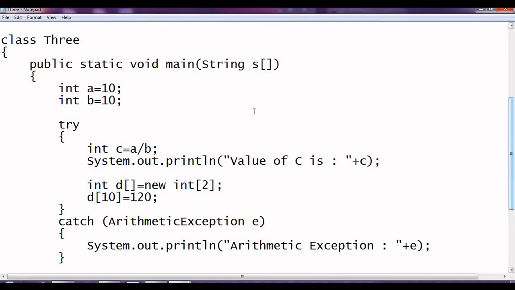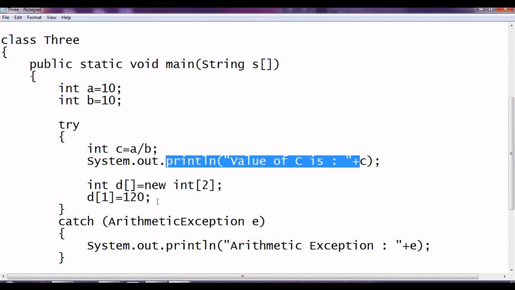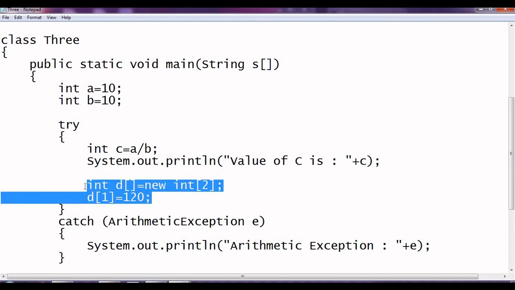Now let us take our various cases and see how things will happen. Let us put exactly the case where we do not have any error. So A equal to 10, B equal to 10, and then C equal to A divided by B, no error. So the value of C will be 1. Then here it will do the D of 1 equal to 120 assignment, no error.